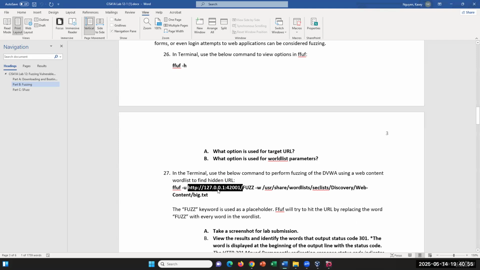In reality, if you have a web app that is hosted on a domain, say visa.com/payments, that would be the URL that goes here. Or abc.org/text or whatever, that would be where we want to fuzz. And so when we enter this,